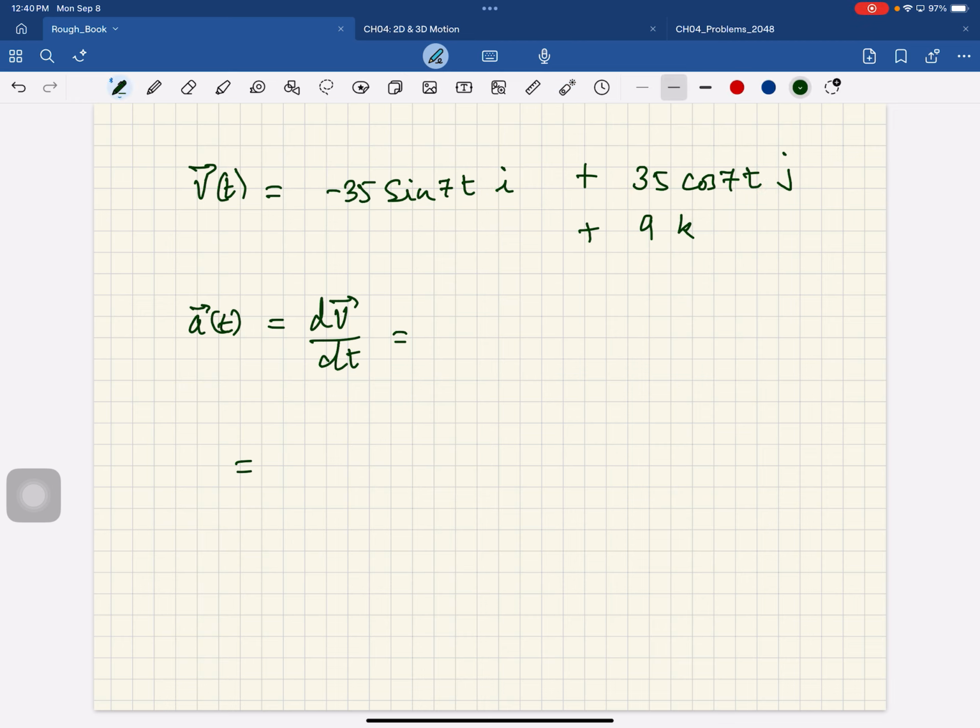So this would be d vx(t) by dt. I hope you guys are understanding the notation. This is the x component of the velocity as a function of time, plus dvy